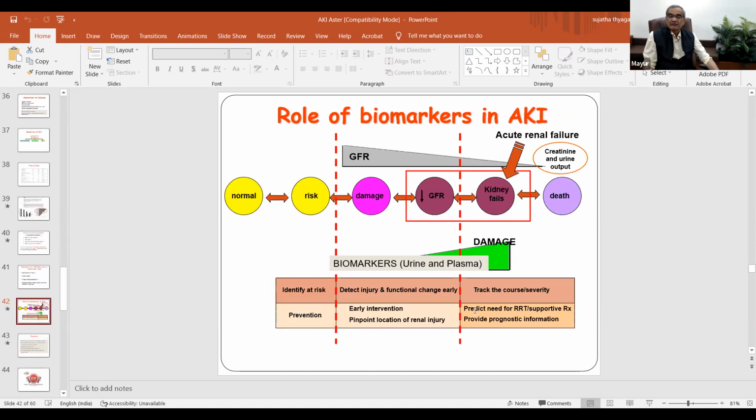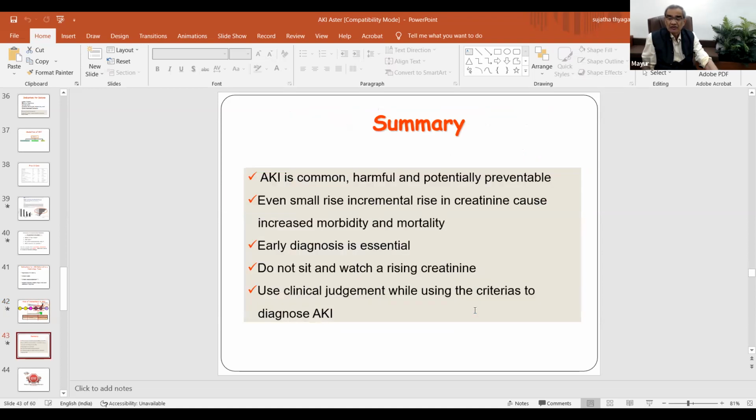As I told you, there may be a role for biomarkers, but this is even today at experimental level, in order to pick up the AKI at an early stage, even before the creatinine has gone up. And if you pick it up, then to intervene early and take all the necessary steps to prevent further deterioration or progression of renal disease. One of the examples of biomarker is the NGAL, but we'll not go into those details because it's not really of practical implications at present. It's more of a research tool, so we'll not talk more about it.